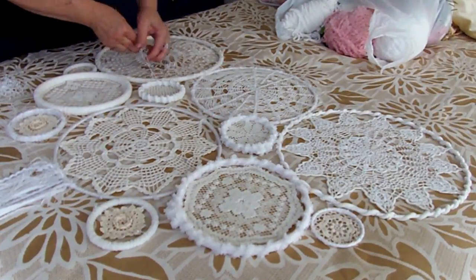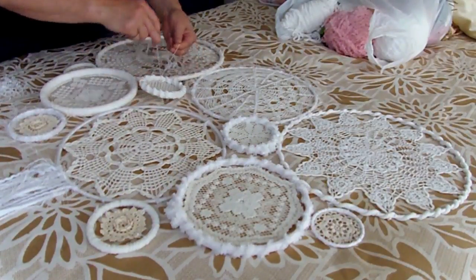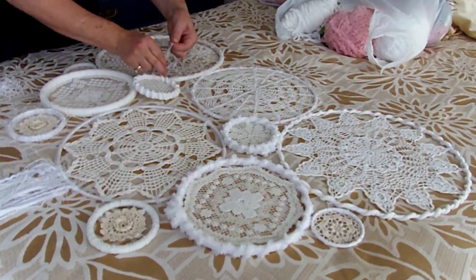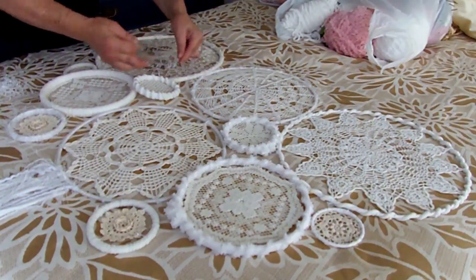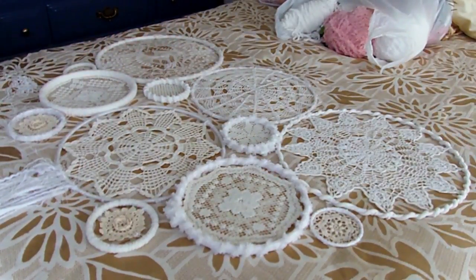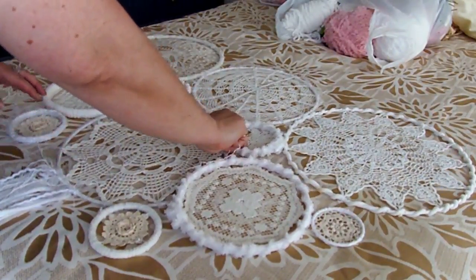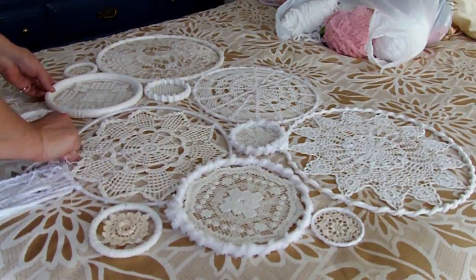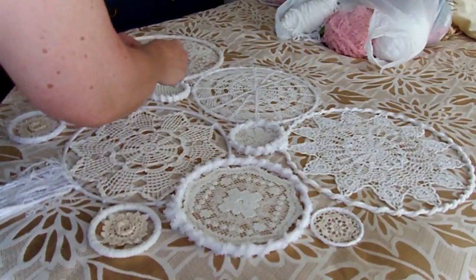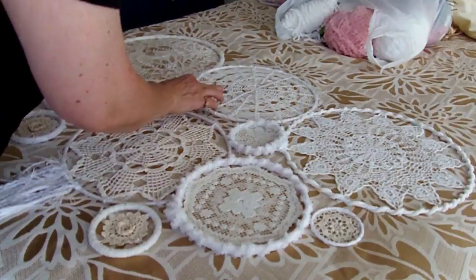I just continue. I didn't film the whole thing, but you get the point. You can see the way that I have it laid out on the bed. I made all of these hoops with the doilies and packed them in my suitcase because this is for a Dreamcatcher themed baby shower. I did all these in New York and brought them down to Georgia. Now I'm in Georgia in my sister-in-law's spare bedroom, putting the hoops together the day before the shower,